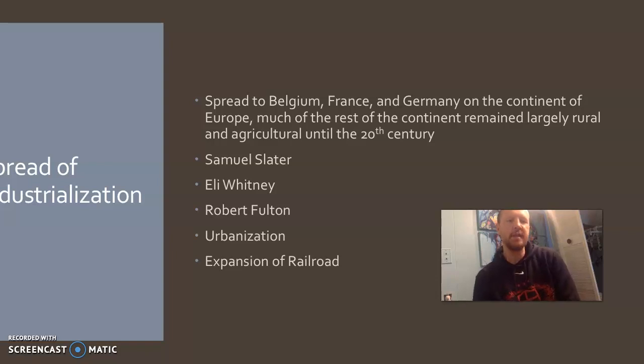So what you do see is Northern and Western Europe starting to become industrial in the early 1800s. You might say late 1700s. That's a possible time frame too in some cases, but basically that means Belgium, France, and Germany. Now the Netherlands will eventually get that too, but they stay a little bit more agrarian. That's farming based, a little longer.